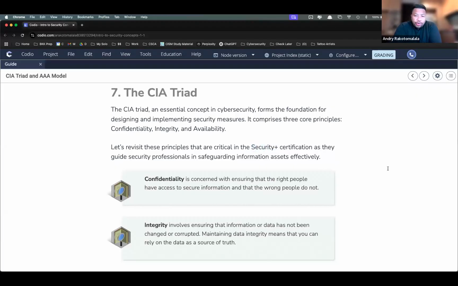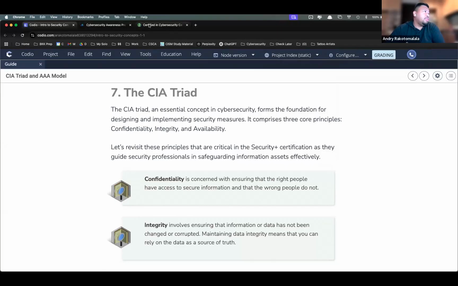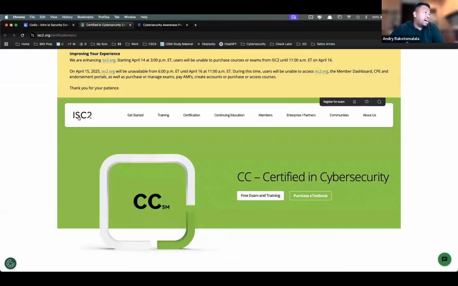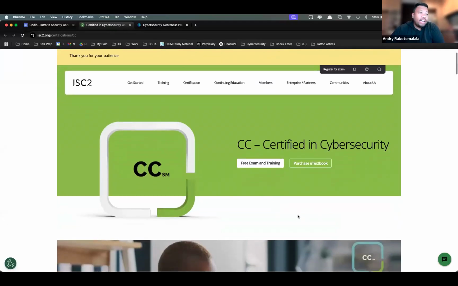I know that a lot of people in this class have never been in cybersecurity before, or it's not something that they're used to. And so there are some that we call entry-level certifications. There are two of them that I'll present. The first one is pretty common. It's presented by ISC2. It's Certified in Cybersecurity. It is a completely free exam with free training. If you do pass, you might have to pay like $50 for the actual certification credentials, but it's good because ISC2 is also